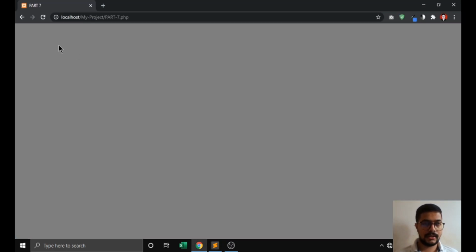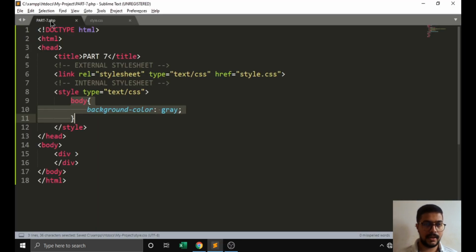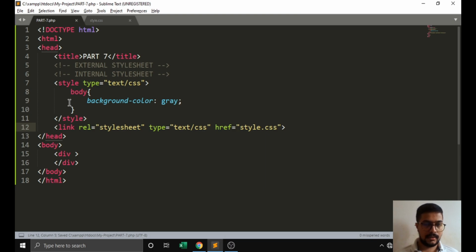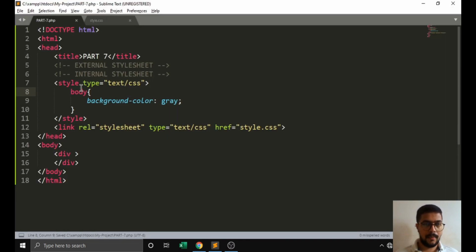If I run this, it will not get applied. If I change the order and place the applied color link after the previously applied color, then this color gets applied. This is because HTML is read line by line.